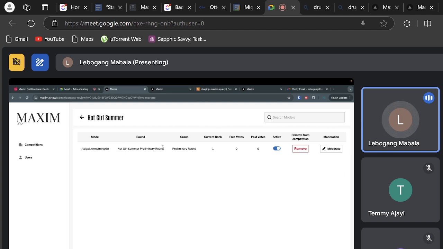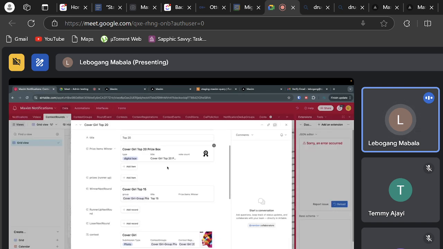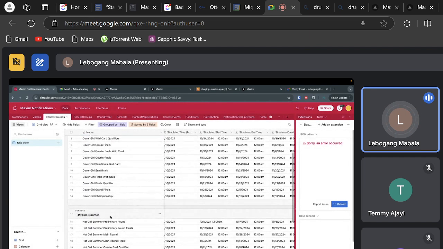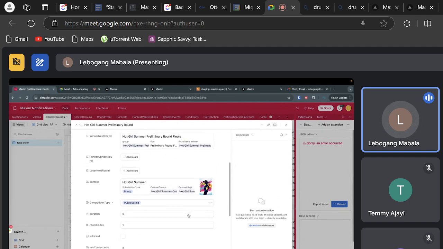But you see that other person is now gone out of this group because they moved on to the next round. And if we want to make sure, let's see. Preliminary round. Number of winners should be 1.